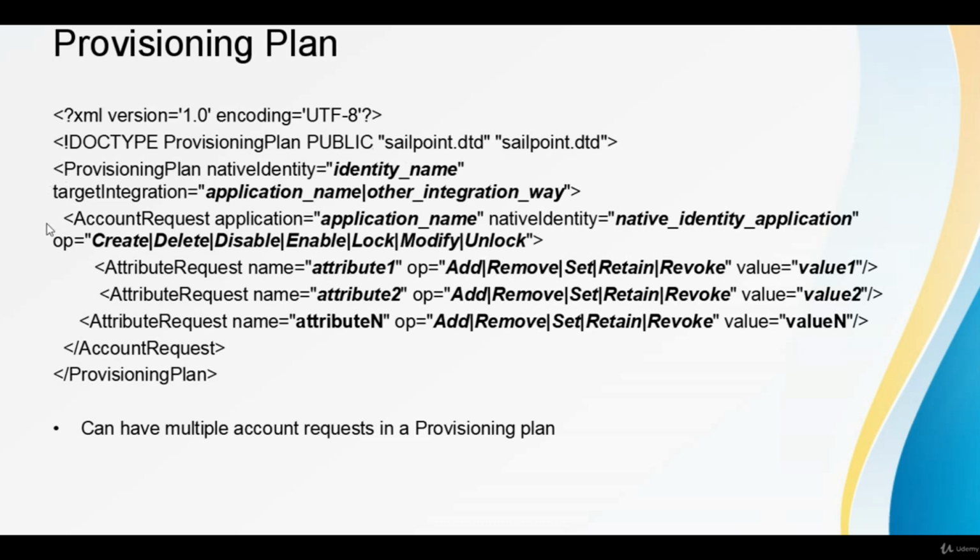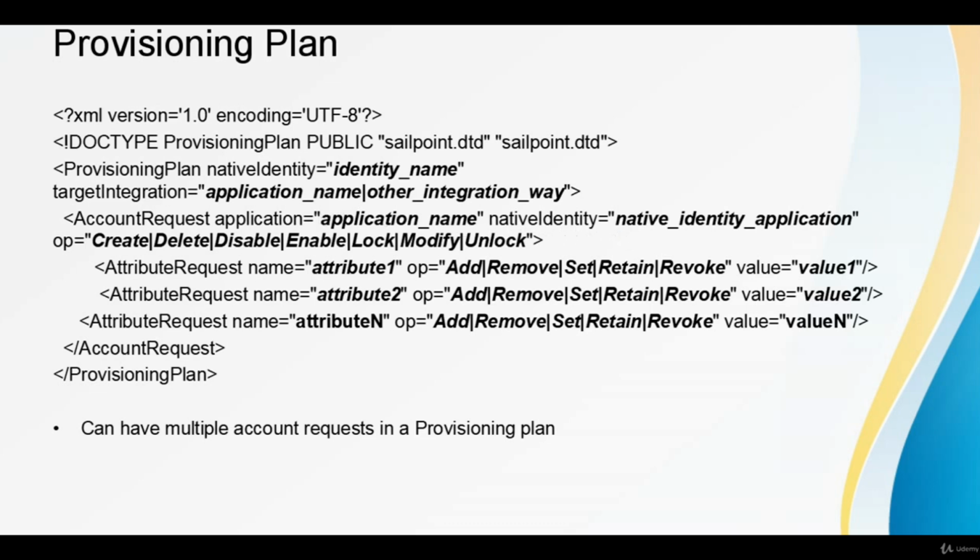So account request is the object which tells SailPoint on which account, out of all the accounts the identity has, we are going to do the modification. So this is the place, account request app, which tells you we have to supply application. In the application attribute we have to have the application name, which says that out of all the n number of accounts this identity has, this provisioning plan is for this particular application name. And the native identity, this tells you that,